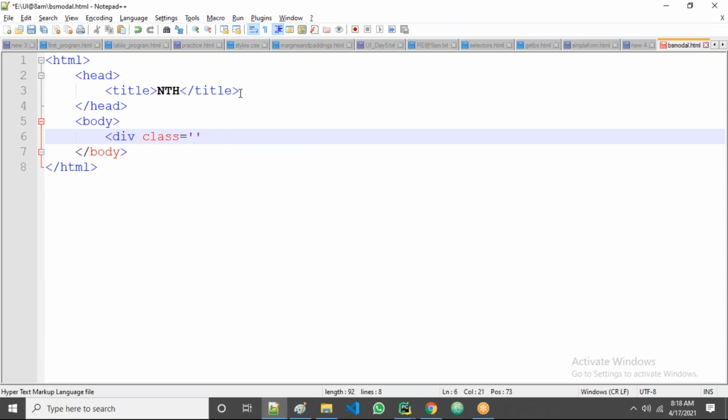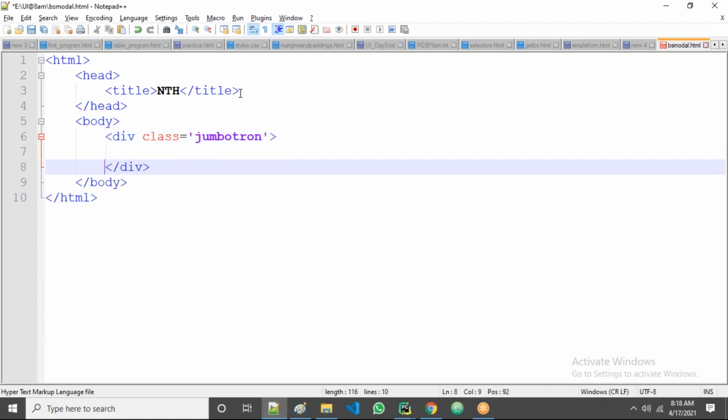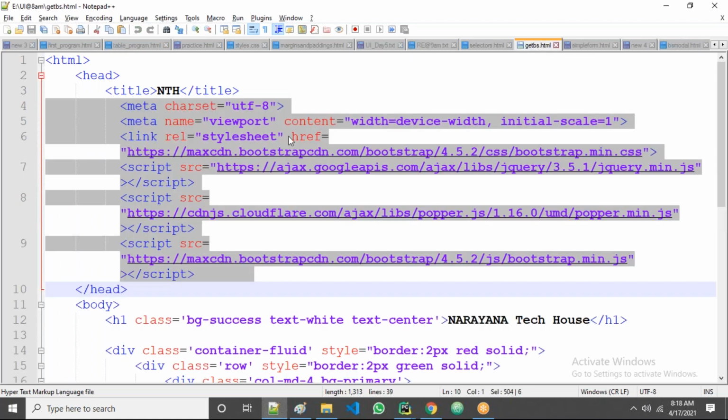Because those Bootstrap lines are not added here. I'll add them now. Jumbotron. I think it's TRON. Now save this one. First, what do I do? I'll add those Bootstrap lines. Yes, I copy these Bootstrap lines from here.